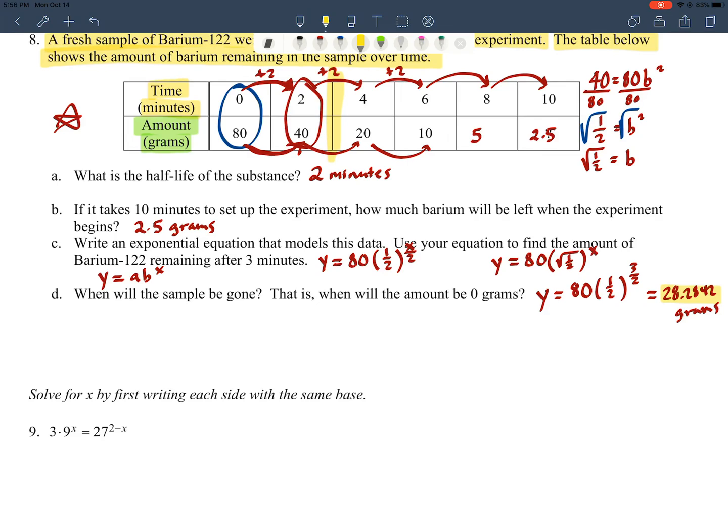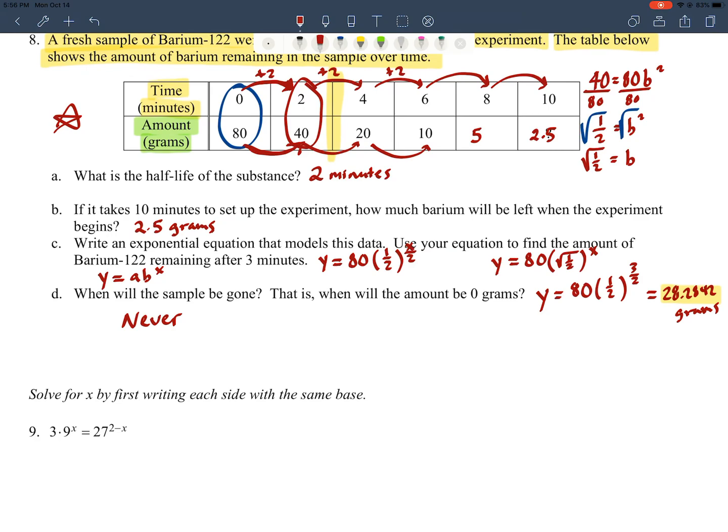And then the last question asks us, when will the sample be gone? That is, when will the amount be 0 grams? And honestly, the answer to that would probably be never. Because if we keep cutting something in half over and over again, we should not ever end up with an amount of 0 as the output. If you think about your